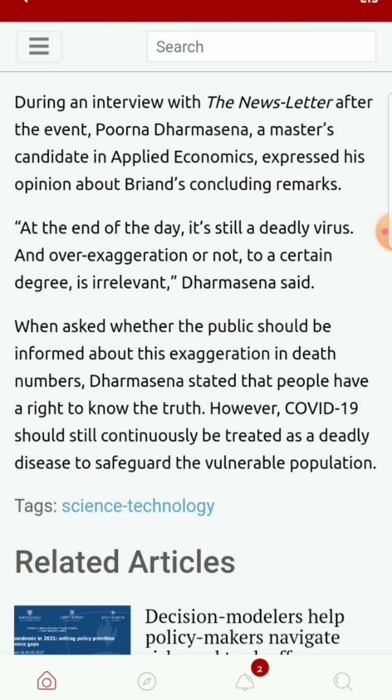over-exaggeration or not, to a certain degree, is irrelevant, she said. When we asked if the public should be informed about this exaggeration in death numbers, she stated that people have a right to know the truth. However, COVID-19 should still continuously be treated as a deadly disease to safeguard